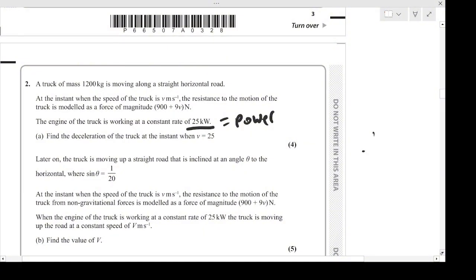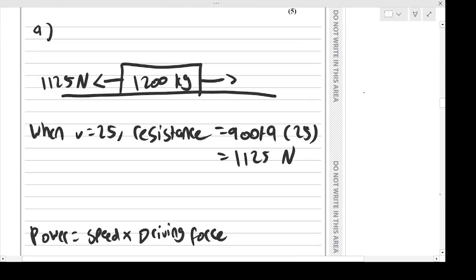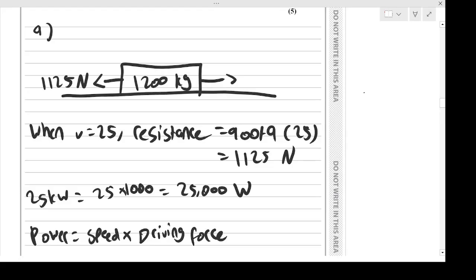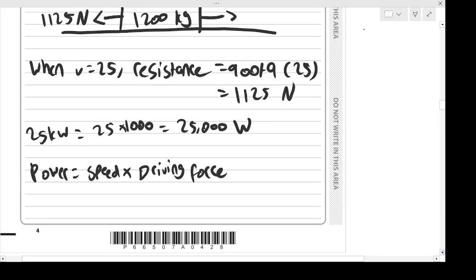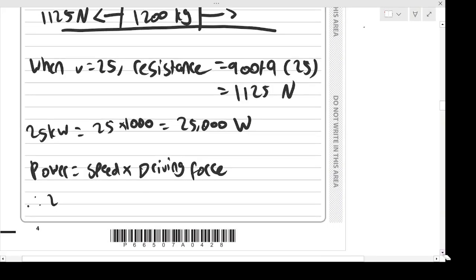Okay, so we need to convert that into watts. So remember, kilo is 1,000, so 25 kilowatts is going to be 25 times 1,000, which is 25,000 watts. Okay, so that's my power. So 25,000